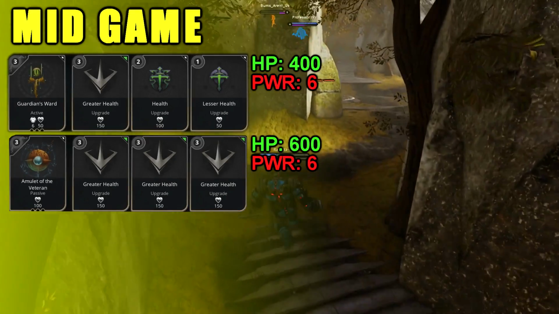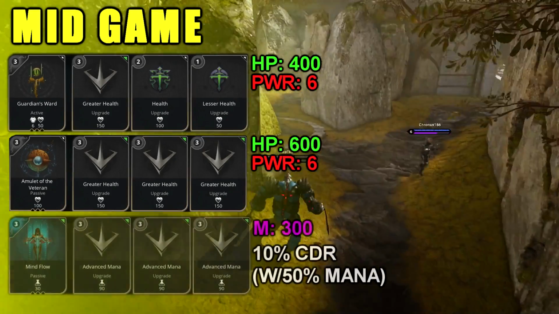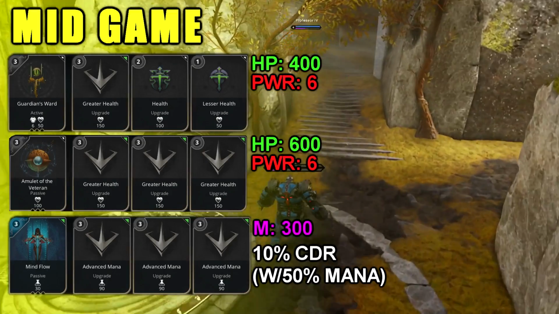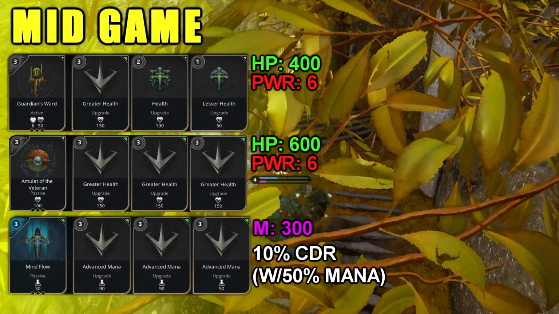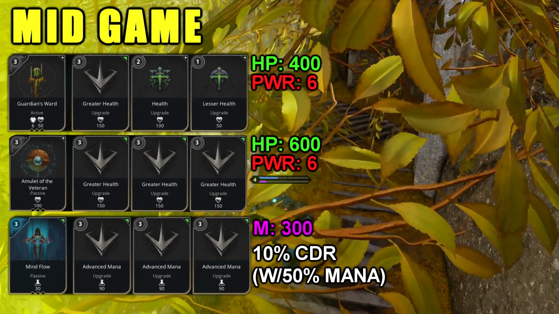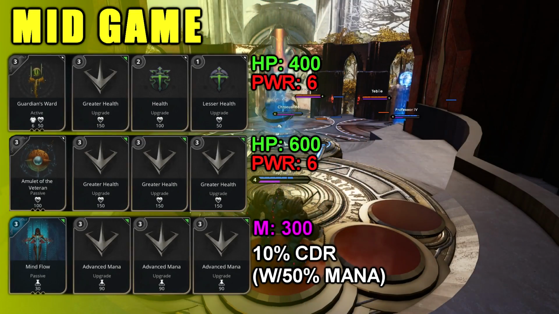Now on your other card, you're going to go ahead and grab Mind Flow. Mind Flow gives you 10% cooldown reduction when over 50% mana. Now, in your Mind Flow, go ahead and put 3 advanced mana. Another 12-point card, 3, 3, 3 mana. And it's going to allow you to have that big pool of mana that a lot of Richters are going to need,